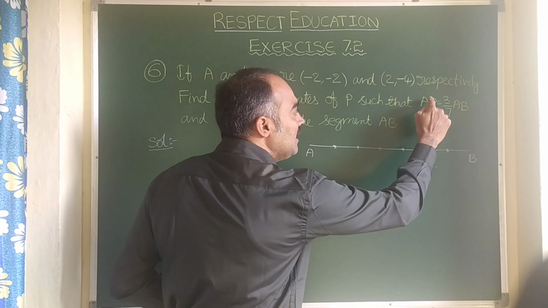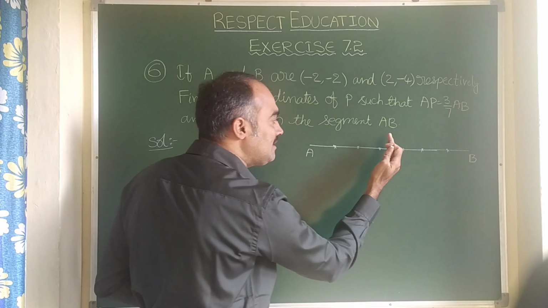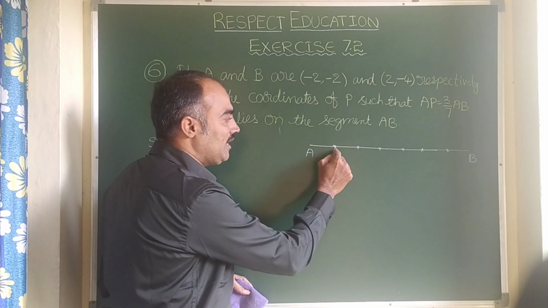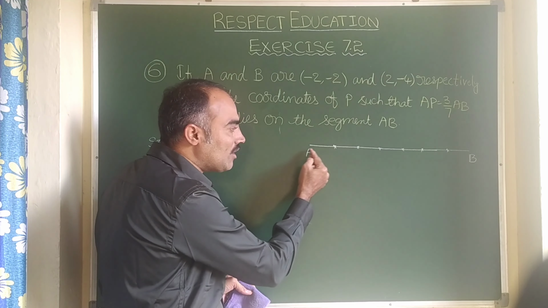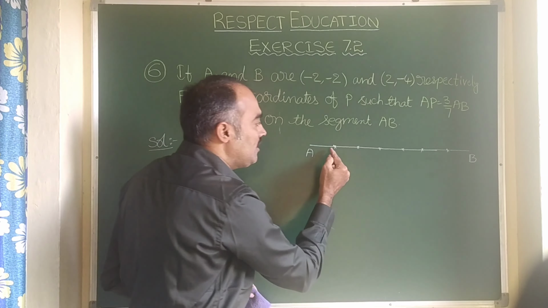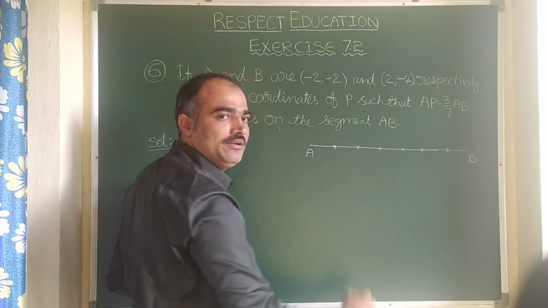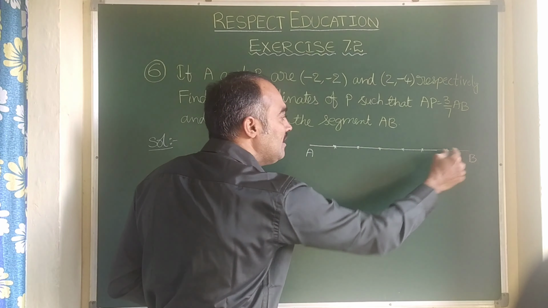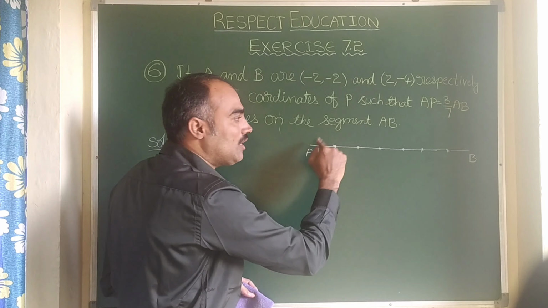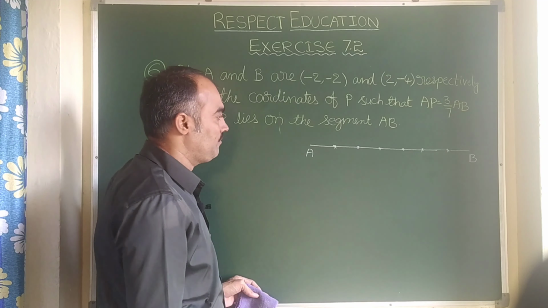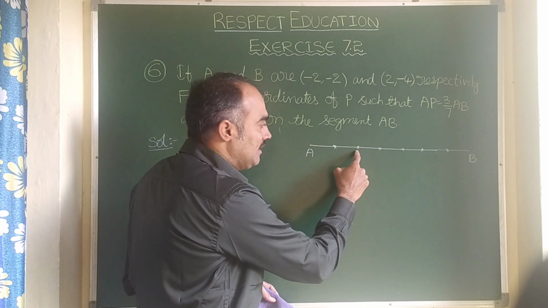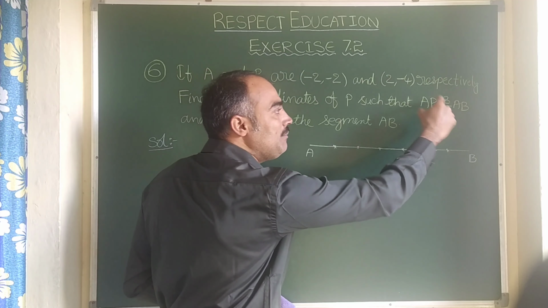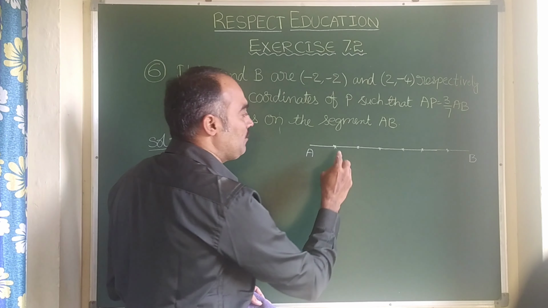Now in this, P divides 3 parts out of 7 parts. Now can you tell me where P comes? Suppose if I write P here, then what happens? This side 1 part, that side 6 parts. So it is 1 by 7 of AB, means 1 part is this side, total parts 7. So here it has taken 1 out of 7 parts. Suppose if I write P here, 2 parts are there, this will be 2 by 7 of AB, but here we need 3 by 7. Now you can easily guess where P comes.